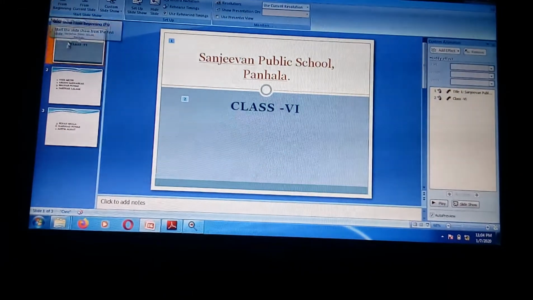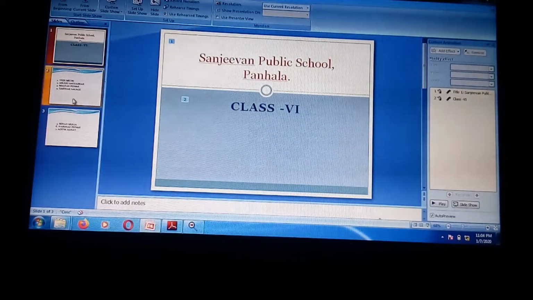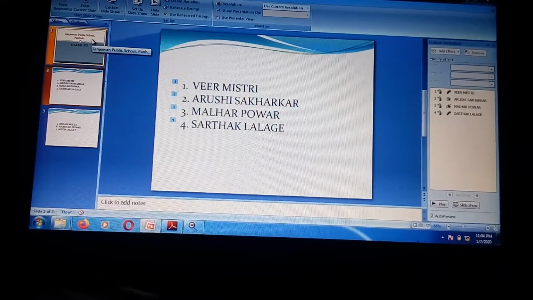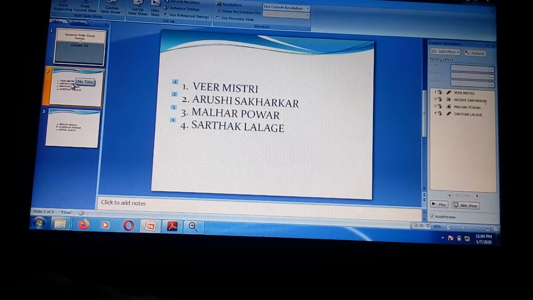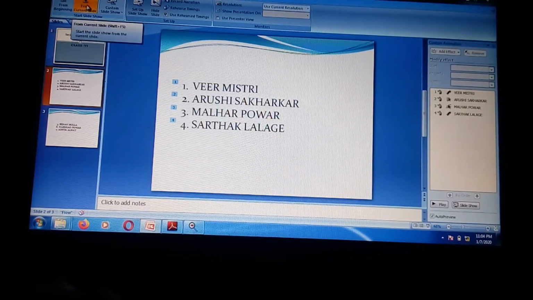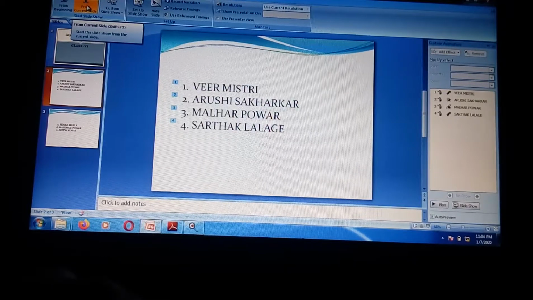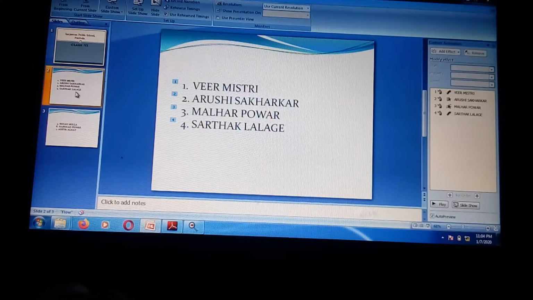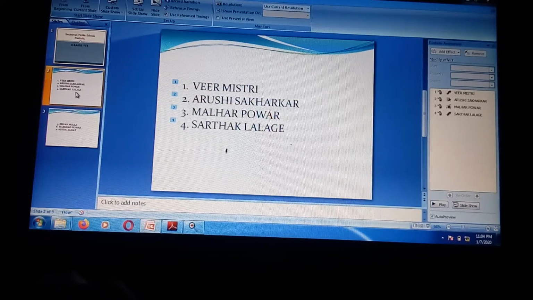Now suppose I want to see it from the second slide. I don't want to see the first slide, I want to start my presentation from the second slide. Then I will select From Current Slide, which means it will start showing the presentation from the second slide, because the second slide is selected here.